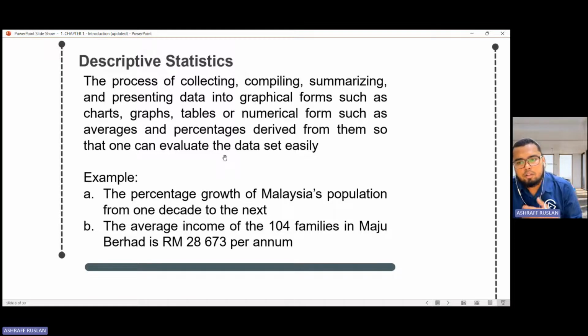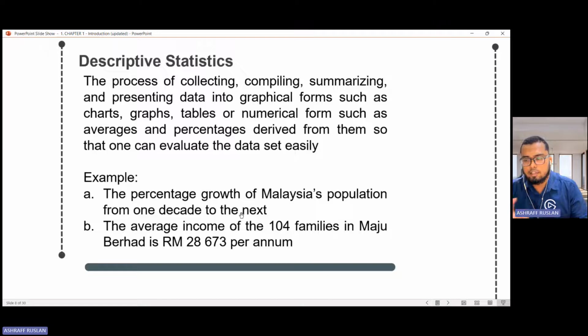Ataupun we are going to highlight the average income of the 104 families in Maju Berhad is RM28,673 per annum. It's just stated information. Nothing more you can deduce from that one. So itu antara contoh-contoh descriptive statistics.